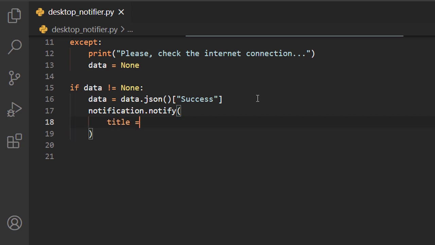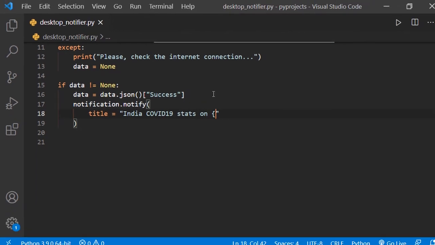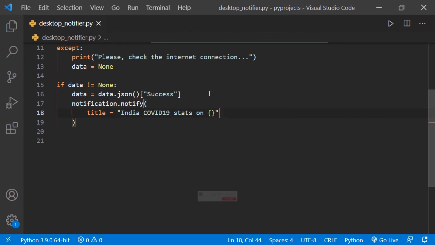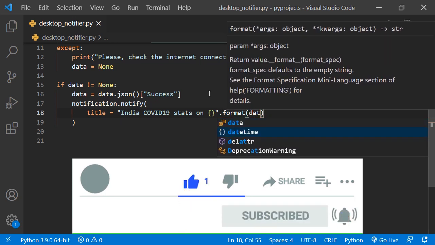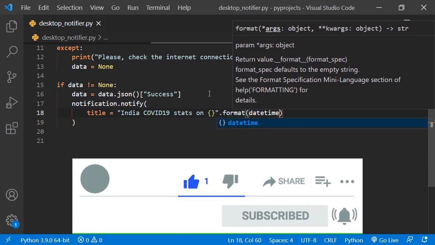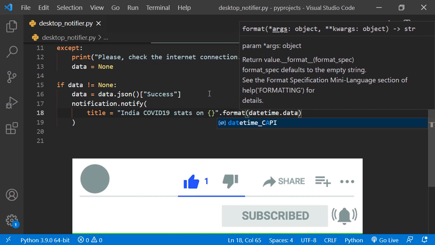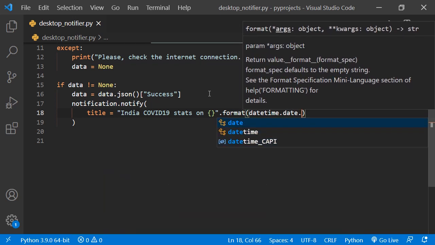First, title. Title is the heading of our notification, and in this case it is going to be India COVID-19 stats on some date. I'm going to use this format and just display the date of today, datetime.date.today.